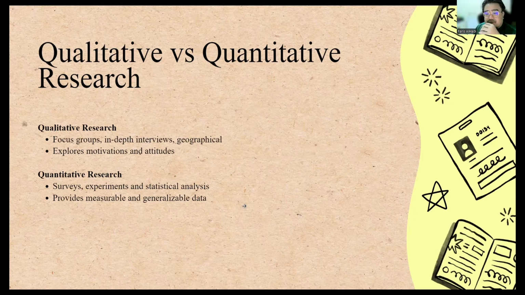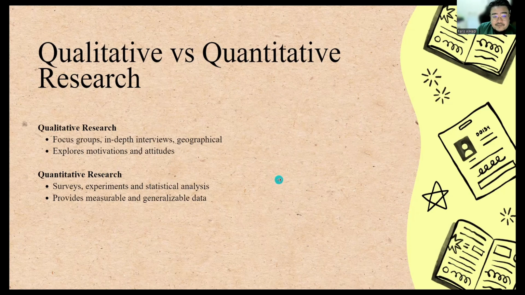Quantitative research, on the other hand, focuses on numerical data that measures consumer behavior. It is used to answer questions like how many or how often. Methods include surveys, experiments, observational studies, and statistical analysis. For instance, a company might conduct a survey to measure customer satisfaction on a scale of 1 to 10. Both qualitative and quantitative methods are often used in combination to get the most accurate picture. Qualitative research helps identify ideas and trends, while quantitative research validates those findings with hard data, basically.